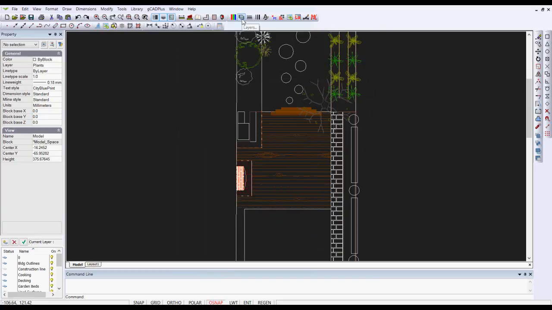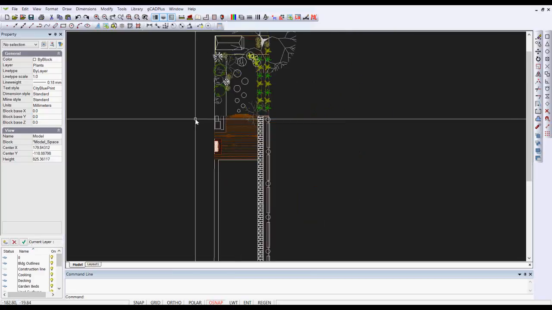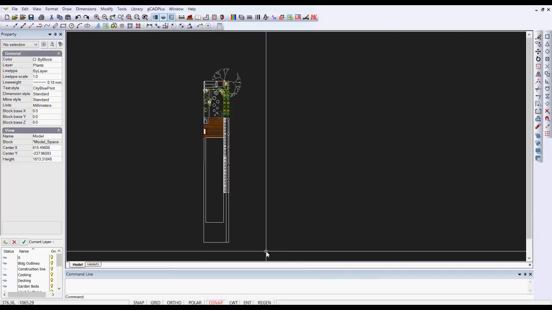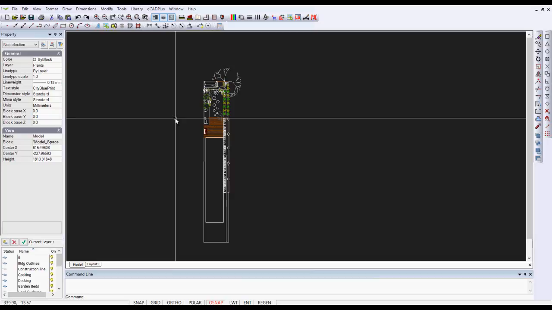So let's pick up our calculator tool and take 500 and divide by the distance measure that we got, which you might remember was 13.42, and that gives us a scale factor of 37.25. I'm sure it's not perfectly accurate, but it will give you some idea. So we're going to have to scale this drawing up by a factor of